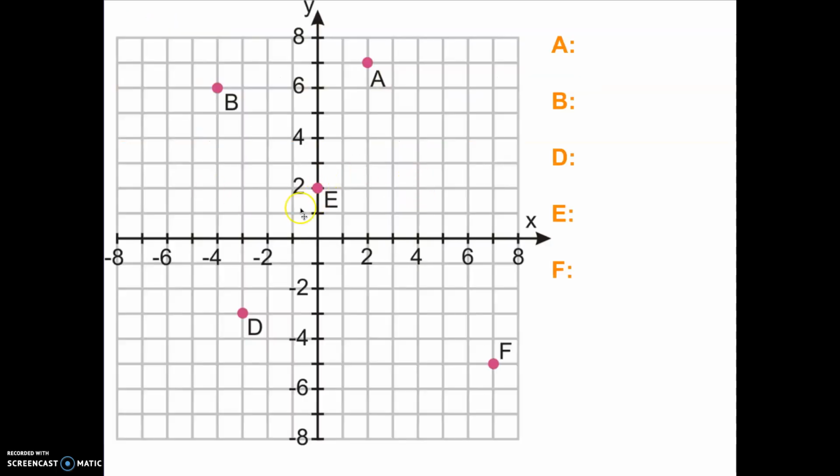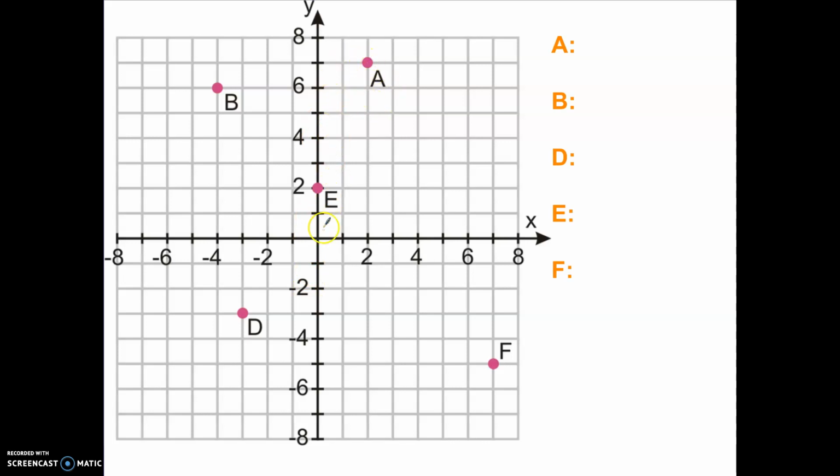So our first objective right here, we have a coordinate grid and we just want to list the locations of each of these points. So if we start off with point A, we start at the origin. We look at the x-axis first, or the horizontal axis, and then we read the y-axis next, or the vertical